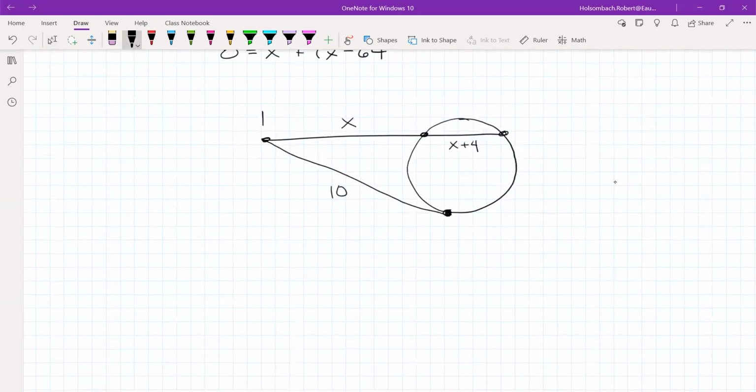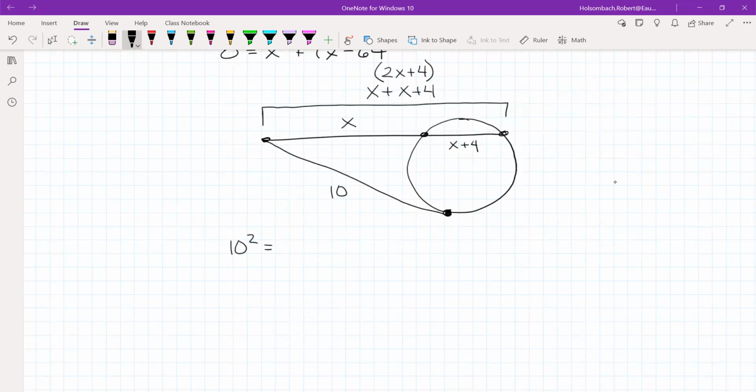So this entire secant is x plus x plus 4, right? And all that would simplify to 2x plus 4. Agreed? So tangent squared